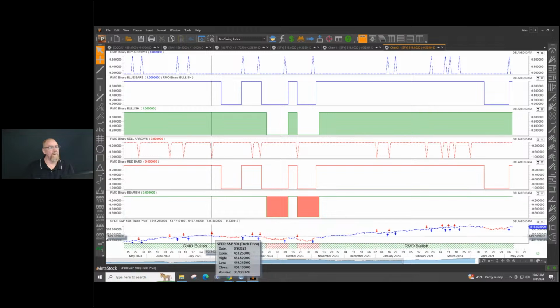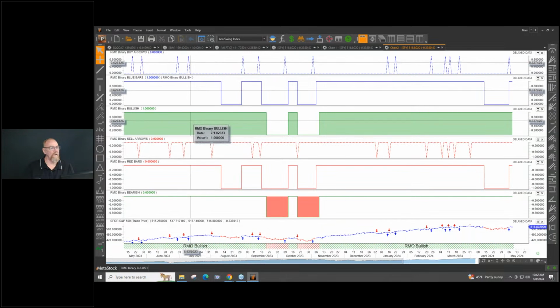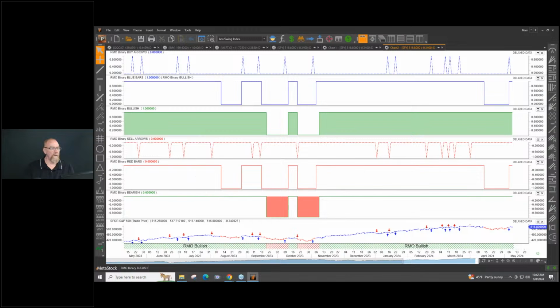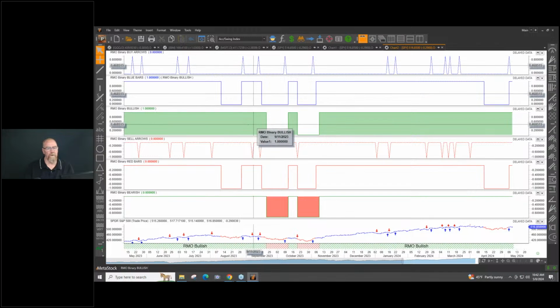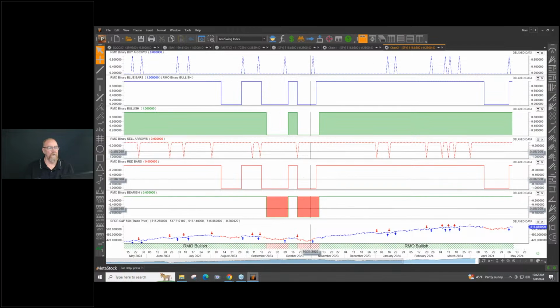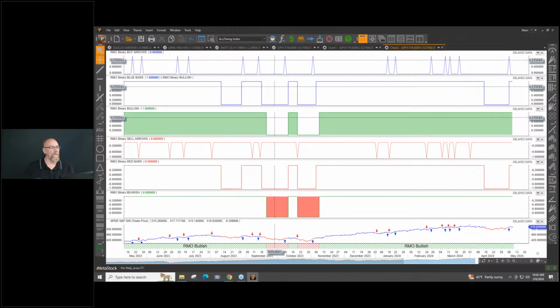We have that up here. When the ribbon is green, we have this binary or single output of 1 or 0. And so we don't have to guess which phase we're in. If we look at the pro,